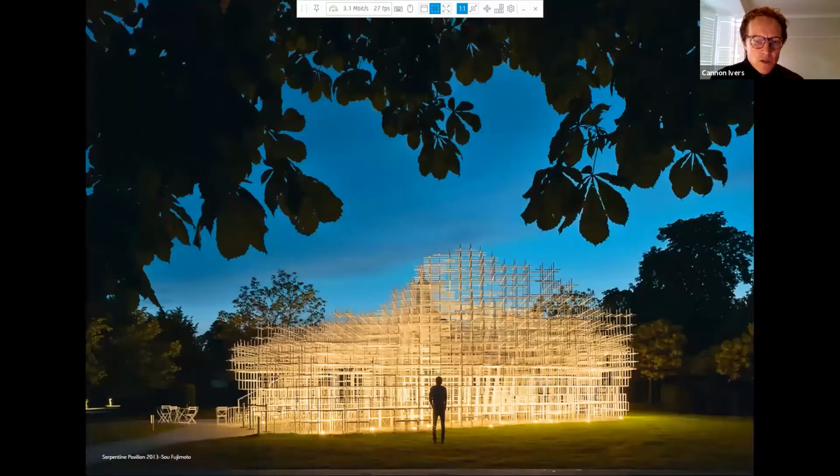We see it with the Serpentine Pavilion, going back to those ideas of anticipation, excitement, where when the pavilion is in front of the Serpentine Gallery in Kensington Gardens, it is just a flat piece of empty lawn. But for us that live here, we know that for a period of time during the summer, it is an absolute destination. People flock to it, they come to see the pavilion, and we know that it's going to bring an architect that hasn't done anything in the UK. So there's an important lesson here for the repetition, the regularity of these installations, which has started to pick up